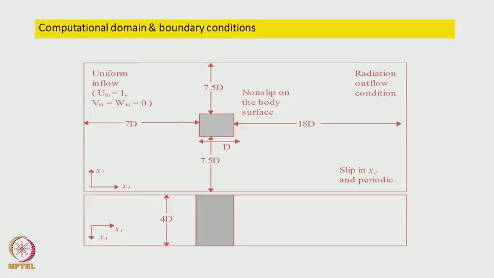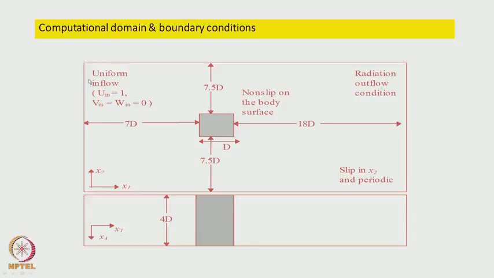So, first problem, a square cylinder is placed and it is a 3-dimensional simulation. We have one view in the x1 x2 plane, where x1 refers to the x direction and x2 refers to the y direction. In the other view, the x1 x3 or x z plane. The flow is coming from left to the right